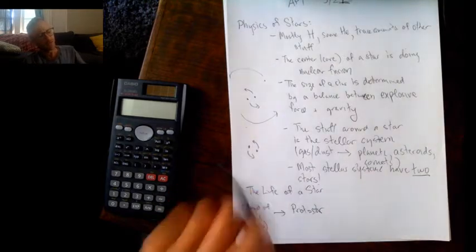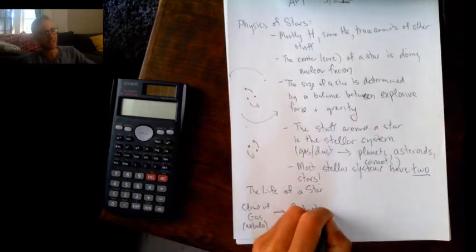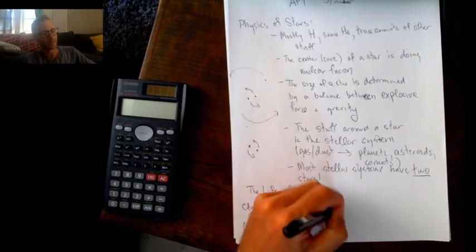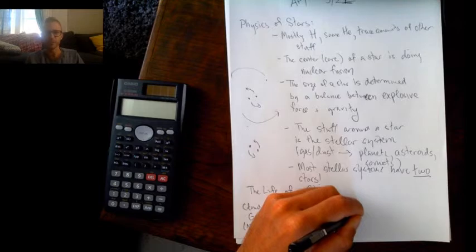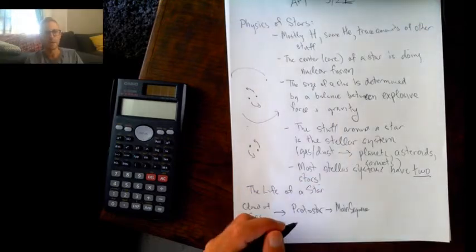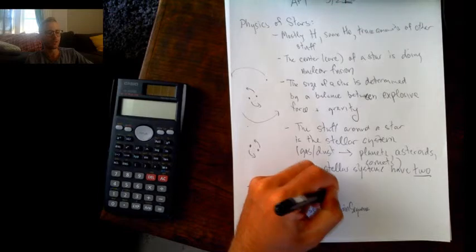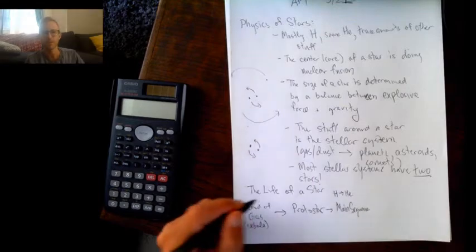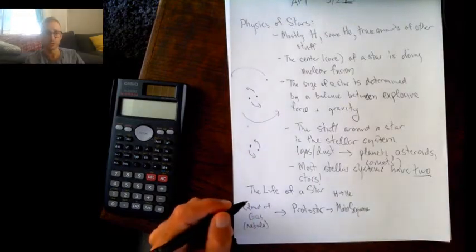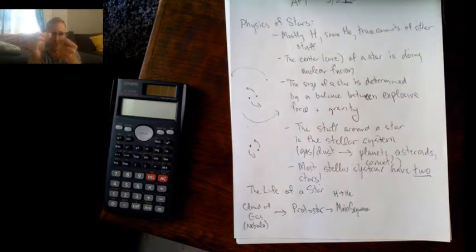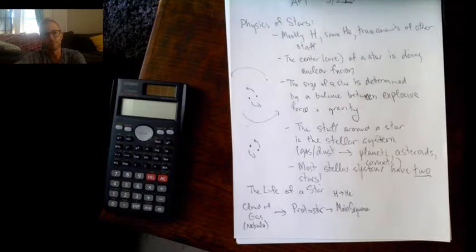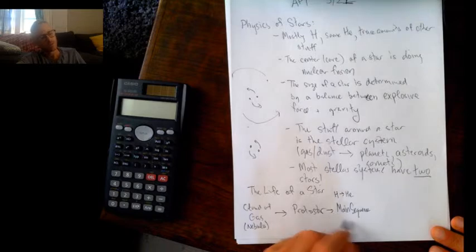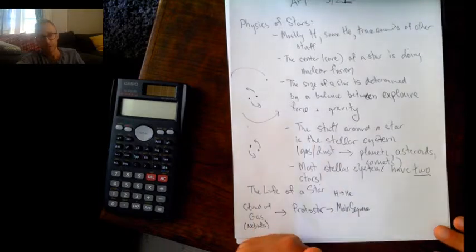But eventually that happens, and the star enters its main sequence. So the main sequence is where the star spends most of its life. And during the main sequence, the core of the star is converting hydrogen to helium. Okay? Through fusion. So you're taking hydrogen nuclei and squishing them together to make helium nuclei. All right? And so the sun, for example, is on its main sequence.